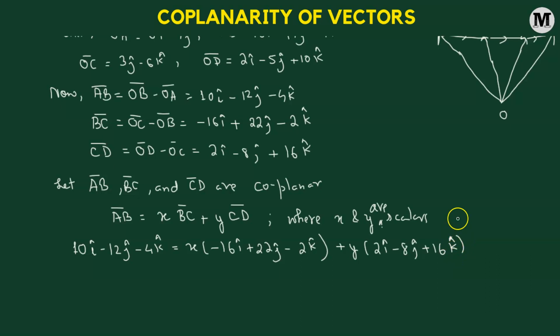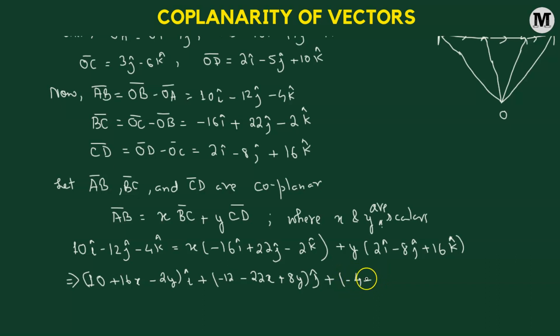Now we're going to combine all the like terms and take it to the left hand side. So here we have 10 plus 16x minus 2y. This is going to be the coefficient of i cap, added to negative 12 minus 22x plus 8y, that will be multiplied to j cap, and then we have added to it negative 4 plus 2x minus 16y multiplied to k cap, and this must be equal to not 0 but the